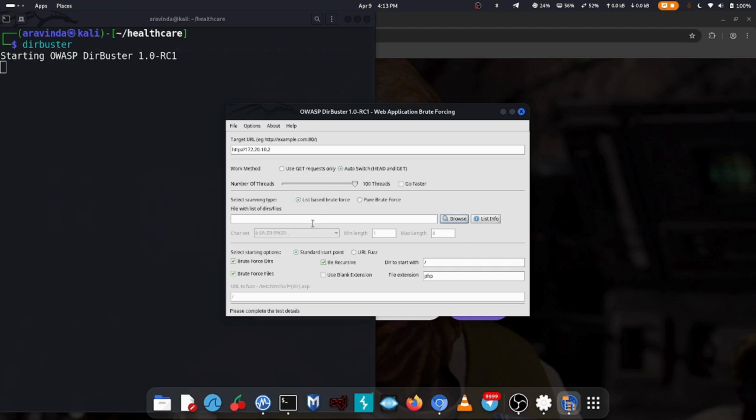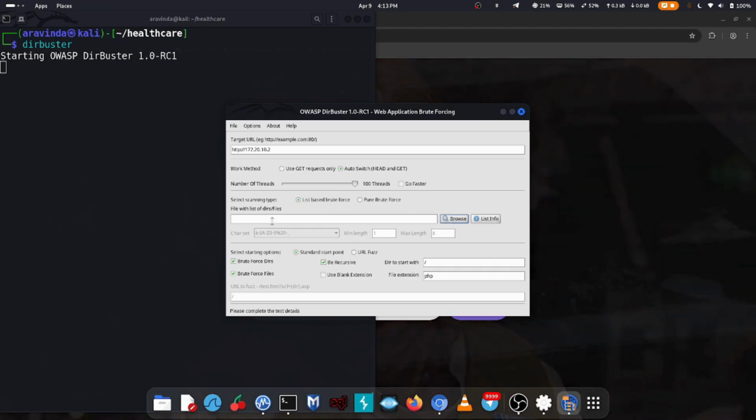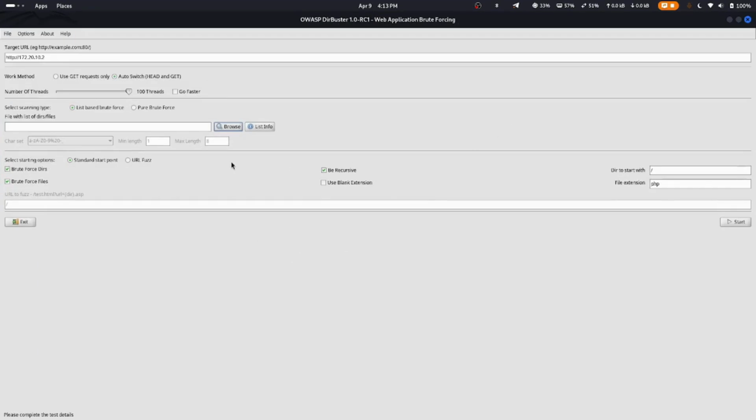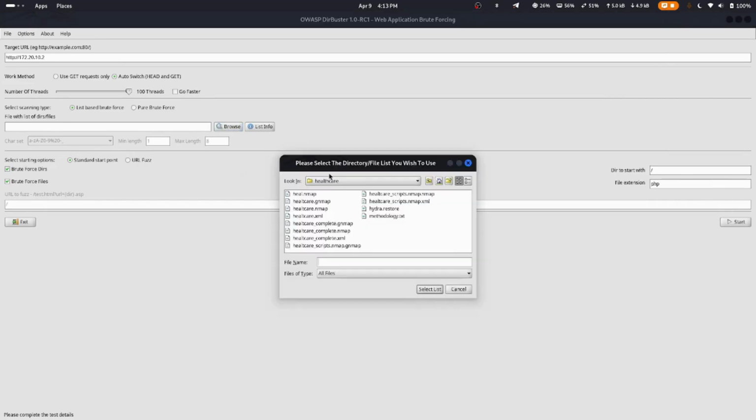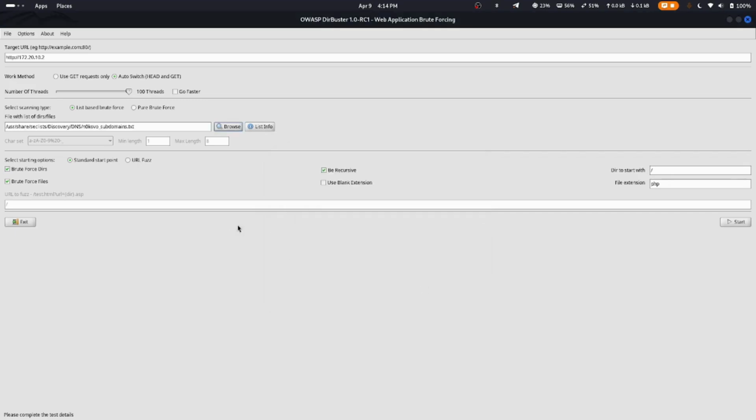So let me show that again. So this is the word list which will be brute forced against, and so let's select our word list, which is in usr, which comes from root. So we need to go to usr, share and seclists. So it is /usr/share/seclists, and let's select Discovery and DNS, and let's select this subdomains.txt file, and let's not do a recursive, and let's